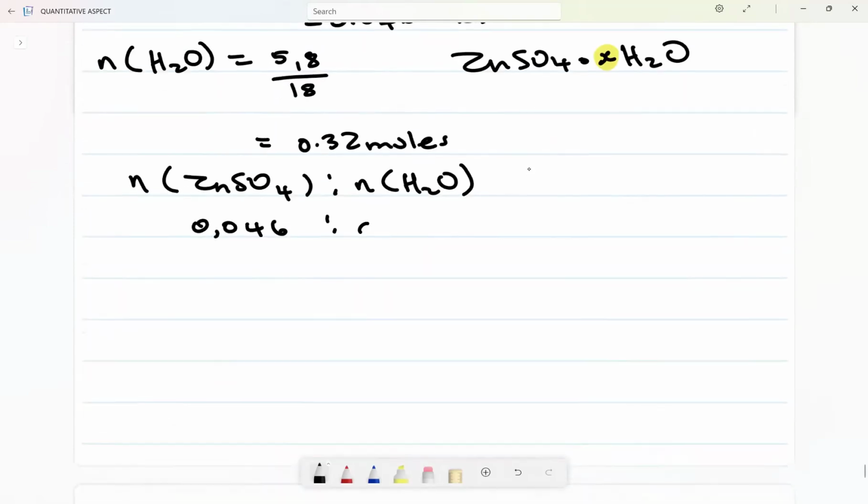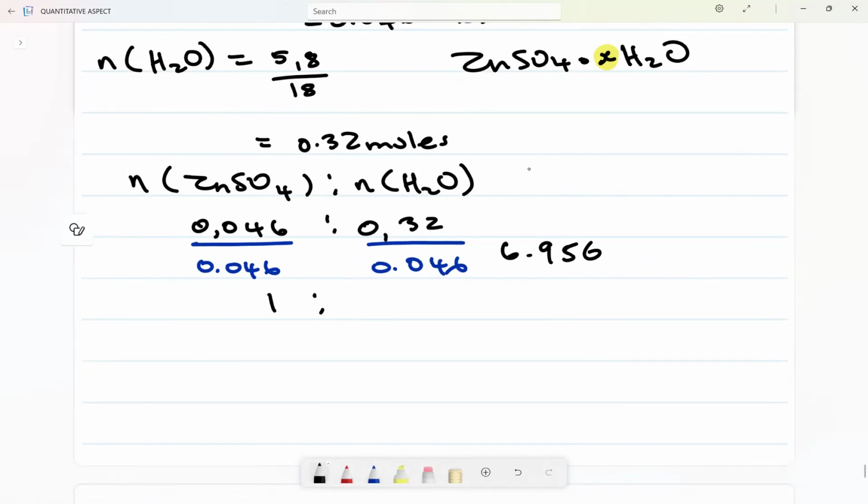Then it is 0.32. Then let's divide by the smallest one. 0.046 divided by 0.046, we already know this one, it is 1. Okay, then let's look at this one. 0.32 divided by 0.046 gives me something like 6.95, which can be converted to 7. Again, therefore, it means now our formula